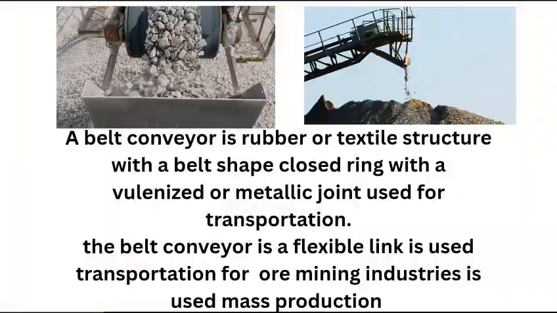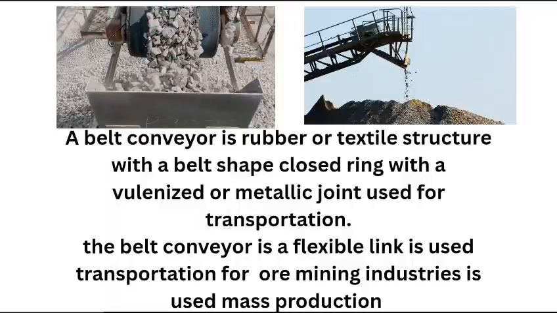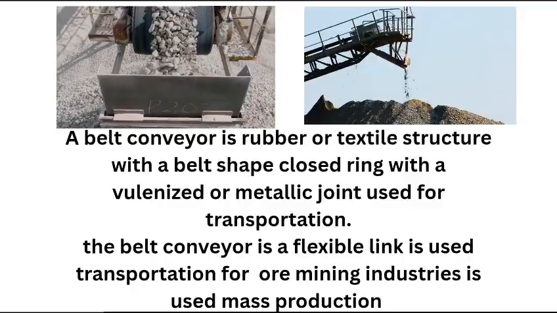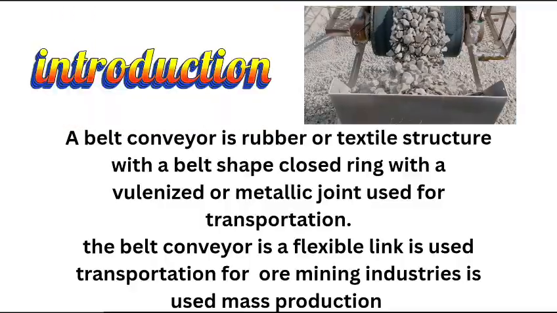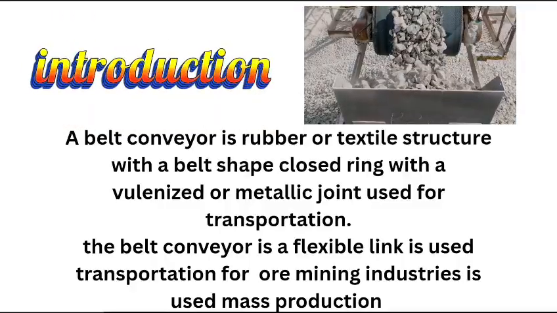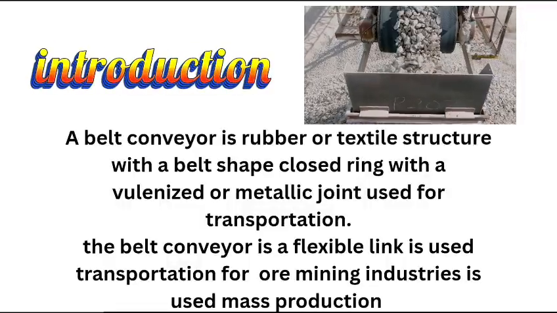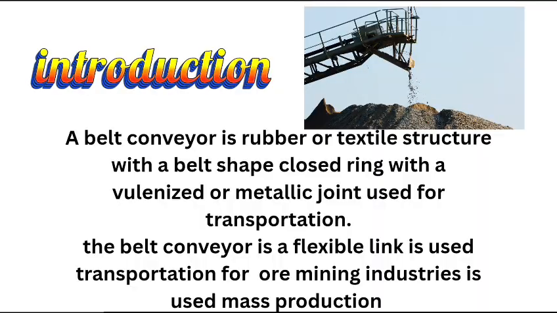What is the belt conveyor system? A belt conveyor is a rubber or textile structure with a belt-shaped closed ring with a vulcanized or metallic joint used for transportation. The belt conveyor is a flexible link used for transportation in ore mining industries and is used for mass